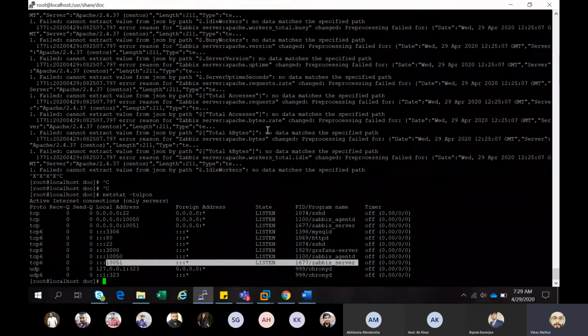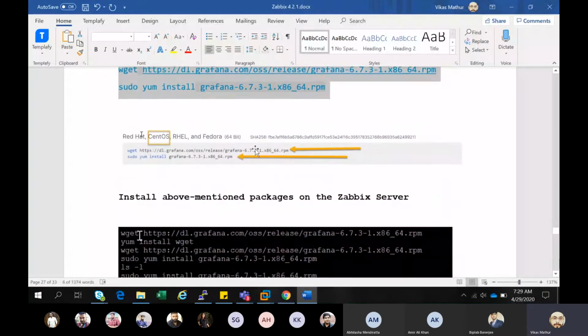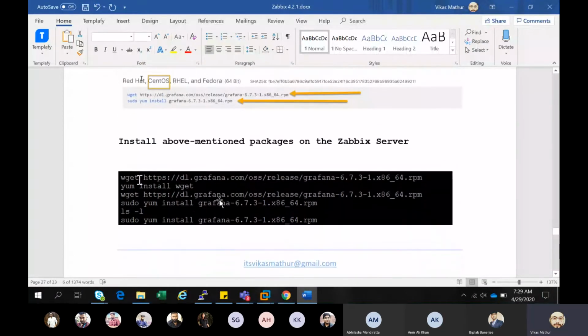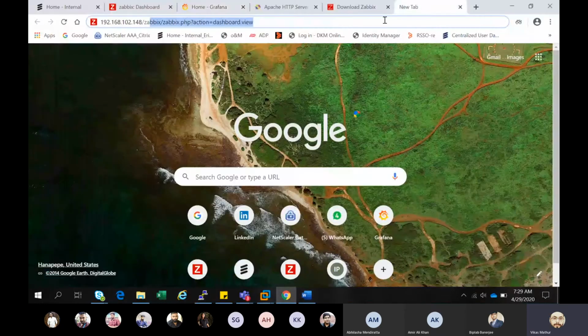I'm not creating another virtual machine where I link anything like this. I'm just installing this package over here. This is the RPM package, and after it I'm installing these things. So this is the installation part. Nothing else, it's simple. You can easily go to the Grafana download.